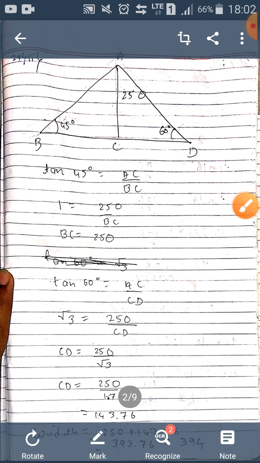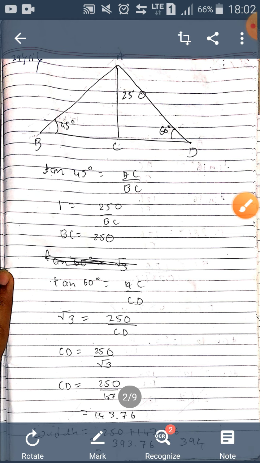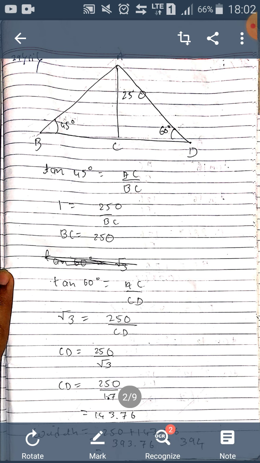Okay, so first we will look at this triangle, and we will write that tan 45 degree is equal to perpendicular, which is AC, by base, which is BC. Yes, AC I know is 250, so I write 250 over here. Tan 45 I know is 1, so I write 1 over here. BC I don't know. Yes, so now I cross multiply and I get to know that BC is 250,